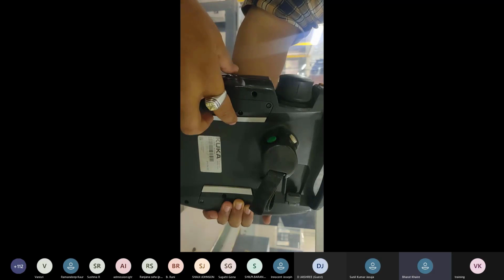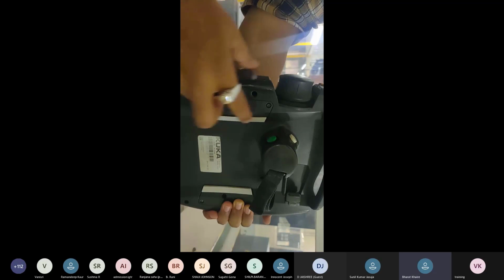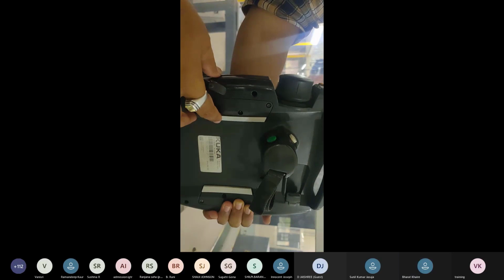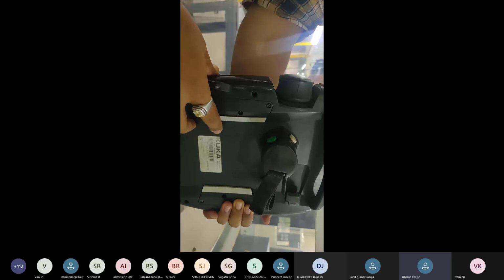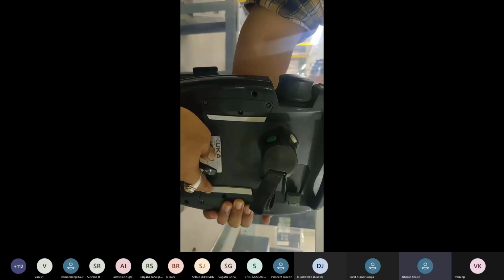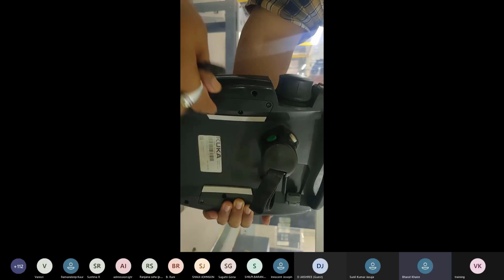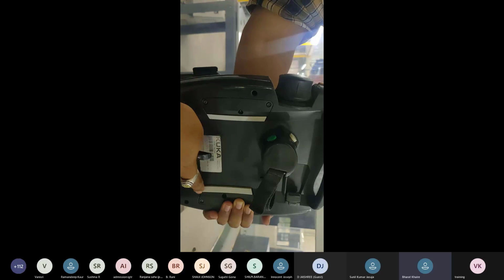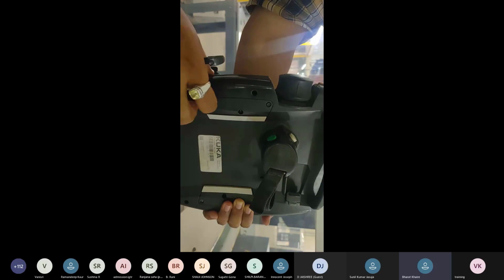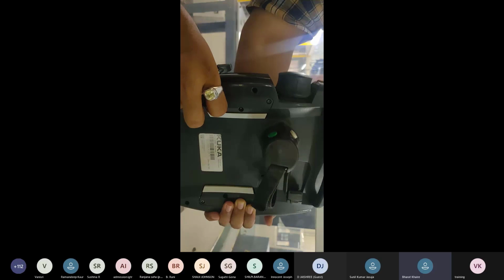By pressing any key among the 3 keys, the drive turns on and we can jog. Without the key press, we cannot jog the robot. So 1, 2, and 3 different keys are given, but their function is the same.